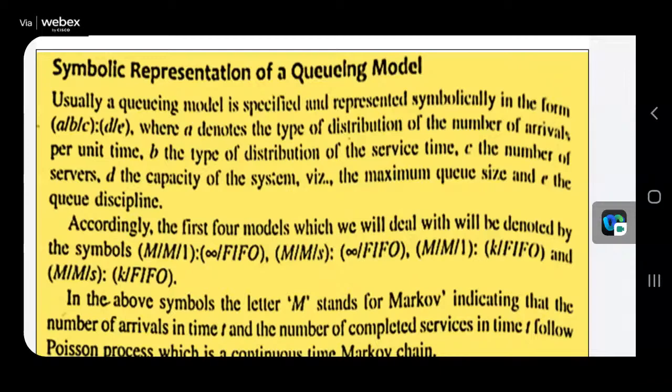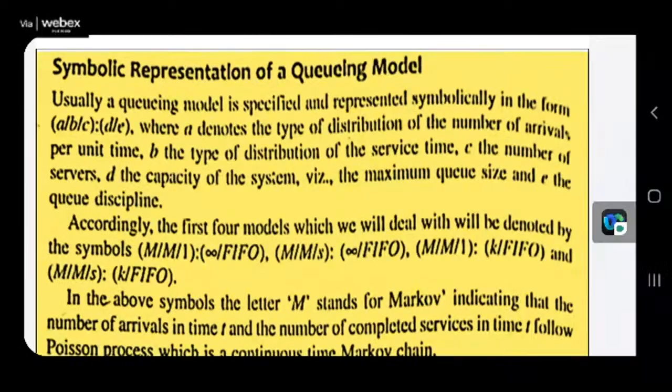Next, you can see in this line you have some infinities as well as K. It is nothing but the capacity. There is a big difference between the capacity and the capacity utilization. You will understand that in detail in the next slide. Presently, capacity means how many people the queue can accommodate. Infinite capacity means an infinite queue, so nobody will restrict you from joining that queue. But K means after K people have been accommodated in the queue, for the K plus 1th person there will be no place to accommodate. That is called K.